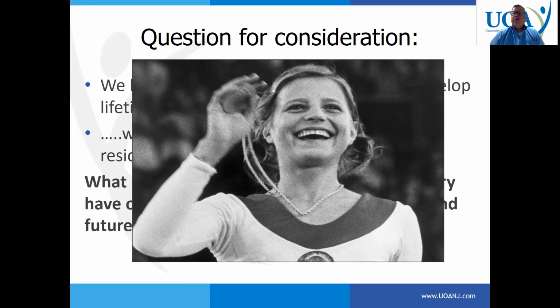And I apologize for kind of dating myself a little bit. This is a picture of Olga Korbut, who won the gymnastics Olympics in 1972. The reason I put her up here is I heard Olga Korbut speak several years ago. She was repping an osteoporosis drug. And while she was doing her presentation, she talked about how at the age of 25 or 30, she had the DEXA scan of an 85-year-old woman.